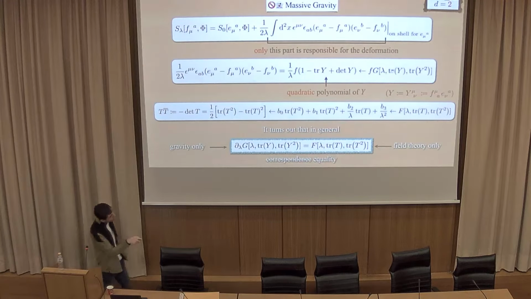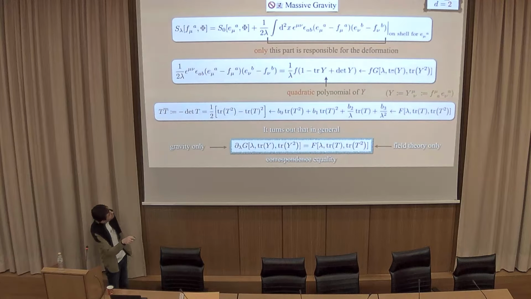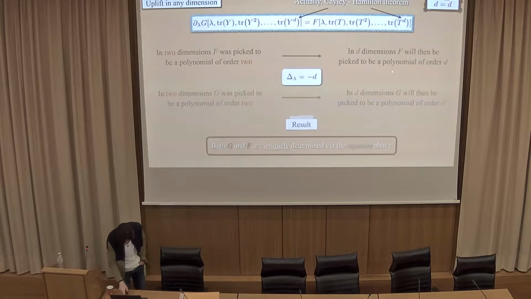We still don't know why this equation is true, but it is. And it describes very nicely the duality between gravitational dynamics and field theory dynamics. This is all classical, by the way. However, in D equals 2 and 4 bar, you can push this to the quantum world with no problems, or at least with no serious problems. So, more or less, this is all review. So, what did we do?